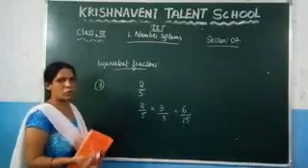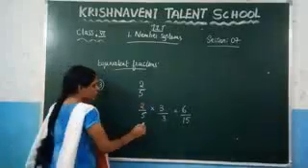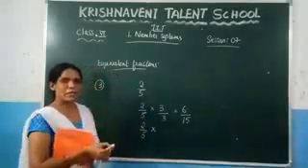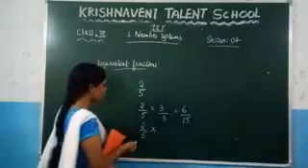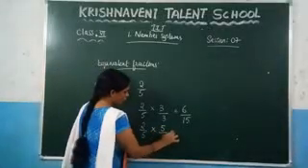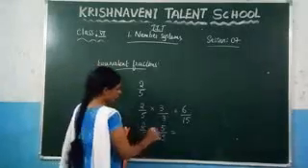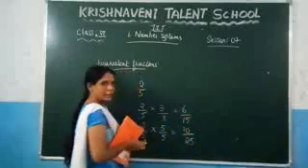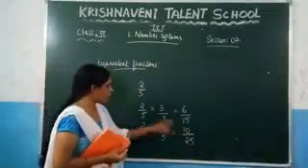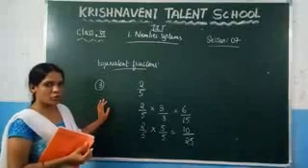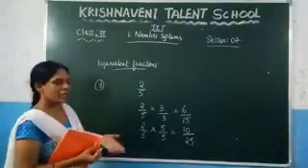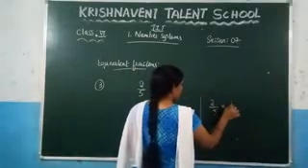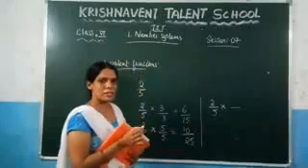Suppose you want to find 2 more equivalent fractions of the same number, consider here 2 by 5. So here you need to multiply by 5 and 5 to get 10 by 25. And again, this is an equivalent fraction of 2 by 5. Since we want to find three equivalent fractions, again consider the same fraction, 2 by 5, and multiply and divide by the same number.